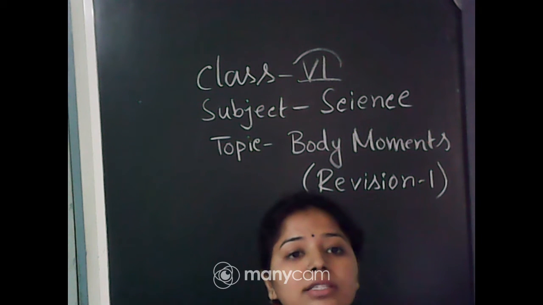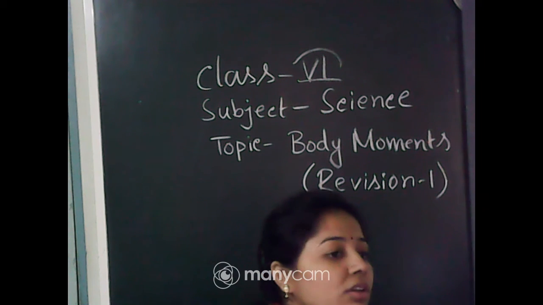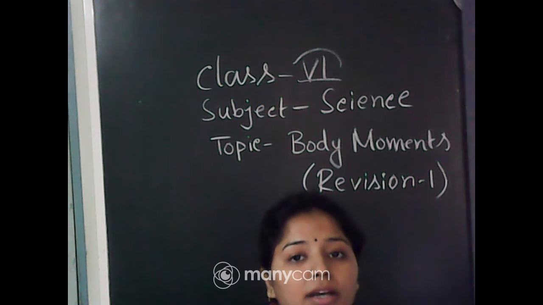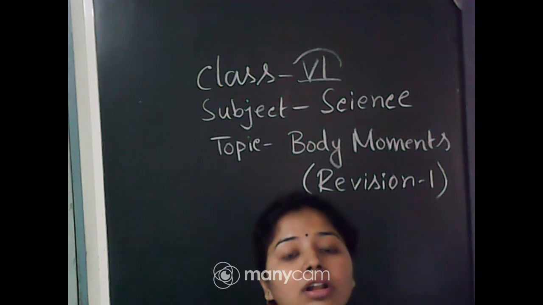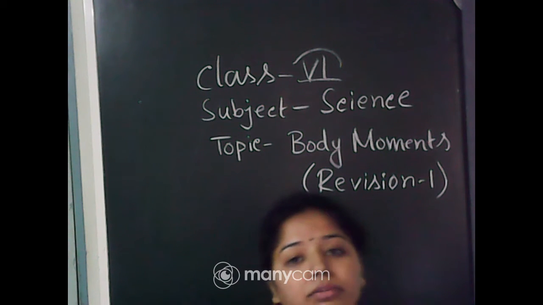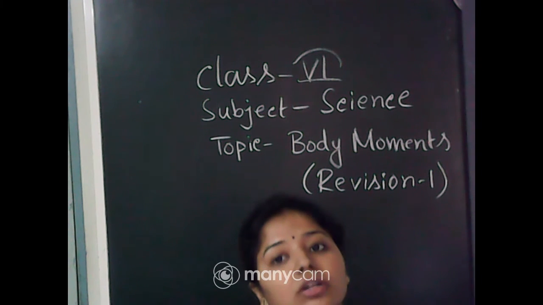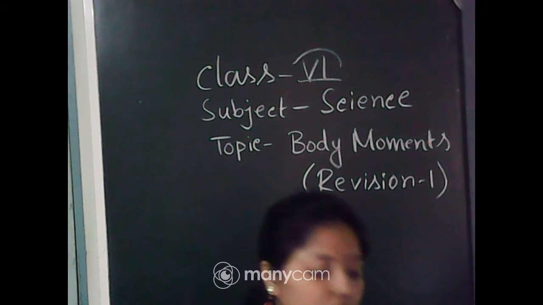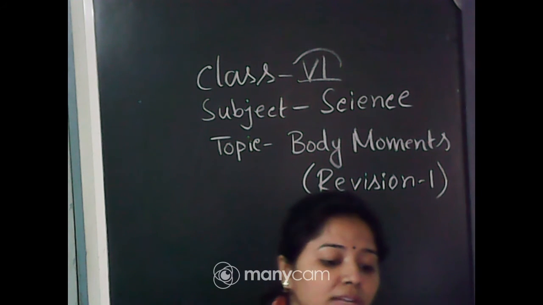Among these, all come under movable joint except fixed joint, like ball and socket joint, pivot joint, hinge joint, and also gliding joint. These all come under movable joint, and fixed joint is immovable, as you know. Now first comes